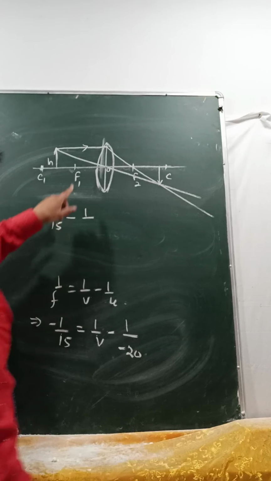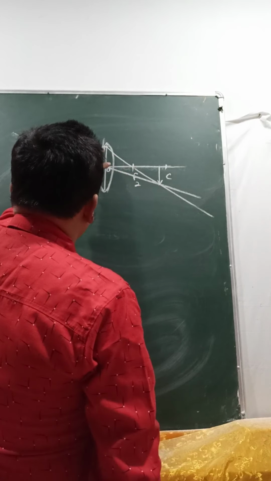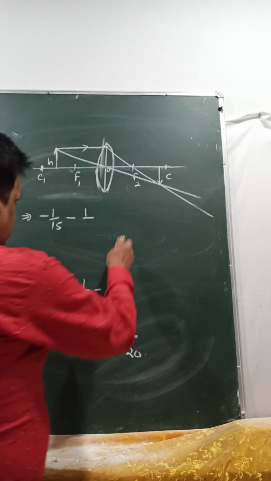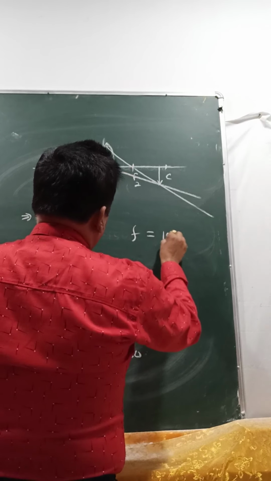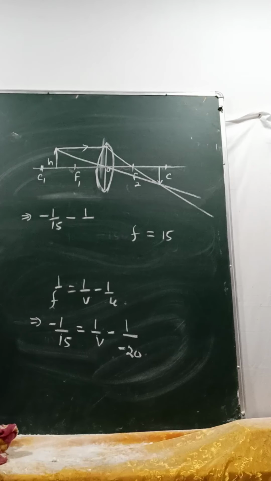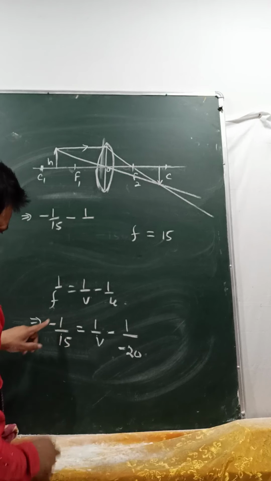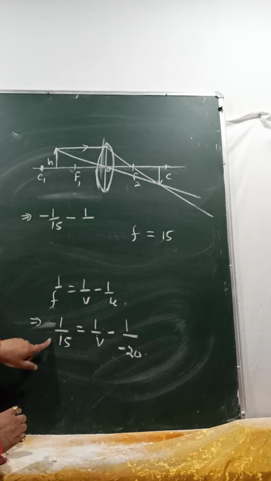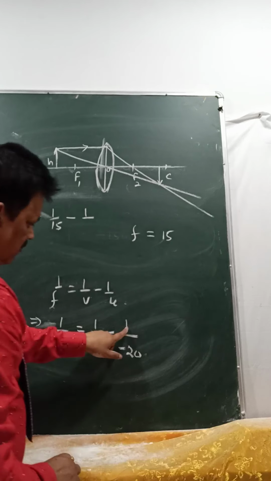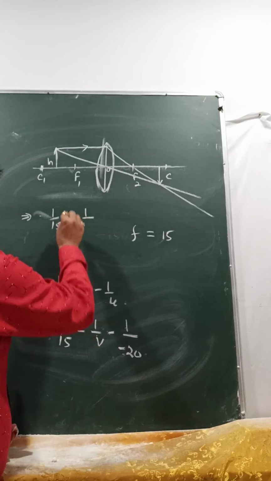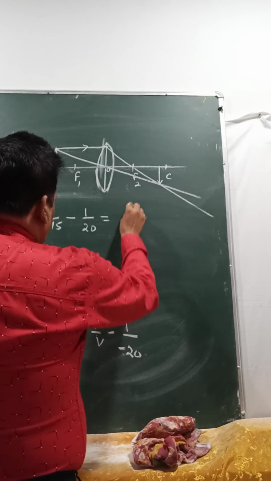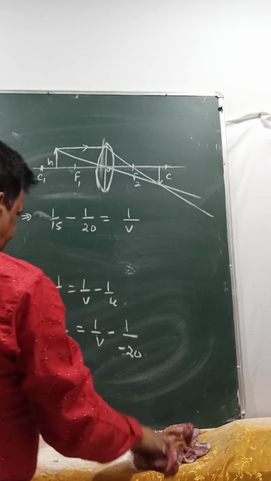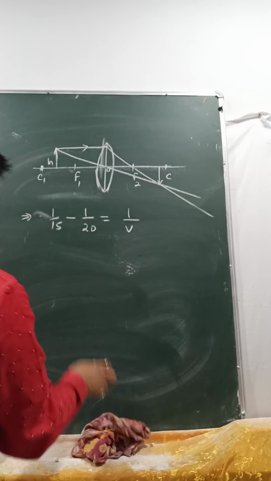We have made a mistake here. Our focus is here. Focus is here means f is, actually, how much? Correct it. f is plus 15 and u is minus 20. So we have put plus 15 here. So this is plus 15. So minus 1 by 20 equals 1 by v. So take